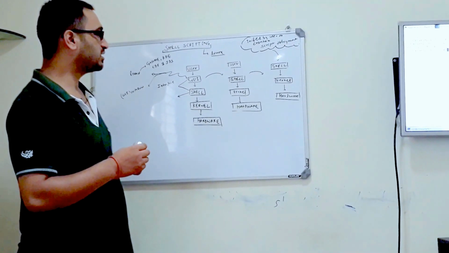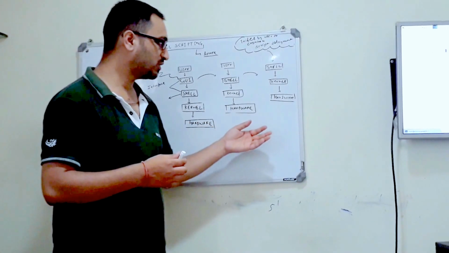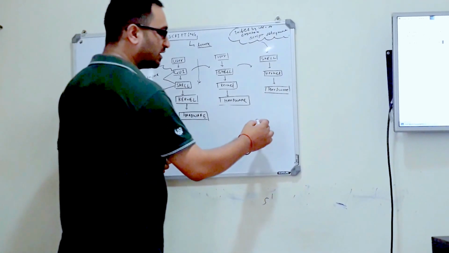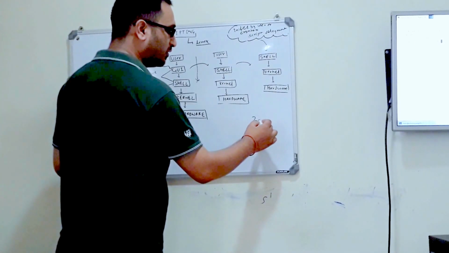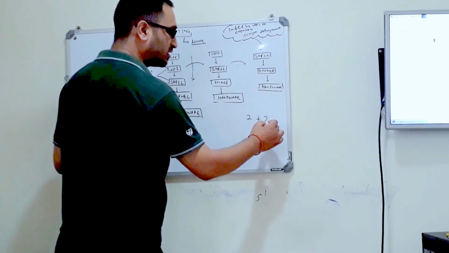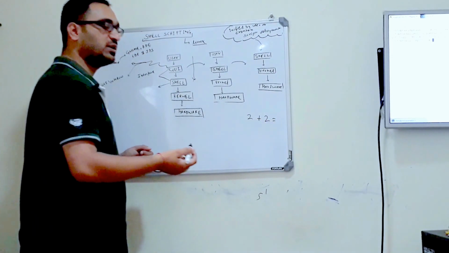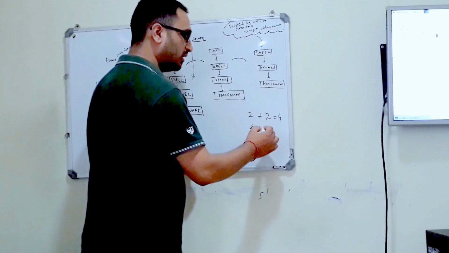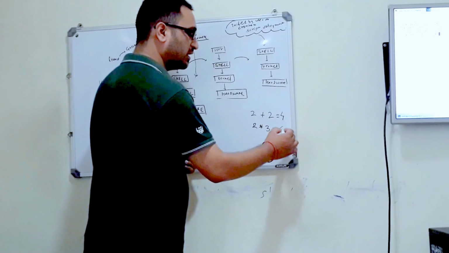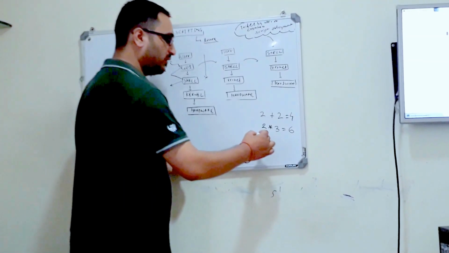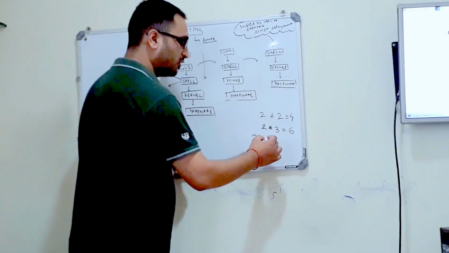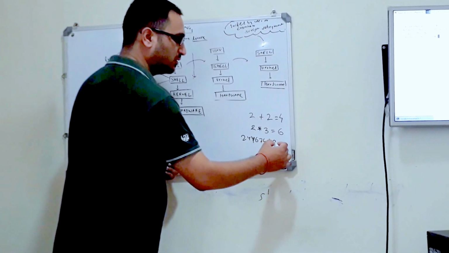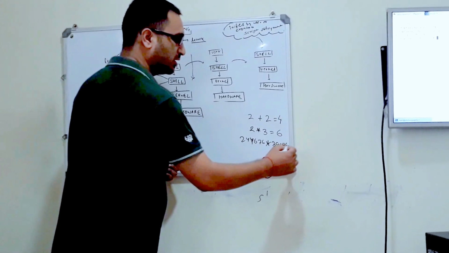In shell scripting, suppose I have drawn this diagram. Let's take an example. Before we start, I will ask one question: if you add 2 plus 2, what will come? You will answer 4. I will write here, if I multiply the small numbers again, you will answer these as well. But if I do something with a very complex or big number, even if I only add, you will take time to answer it.